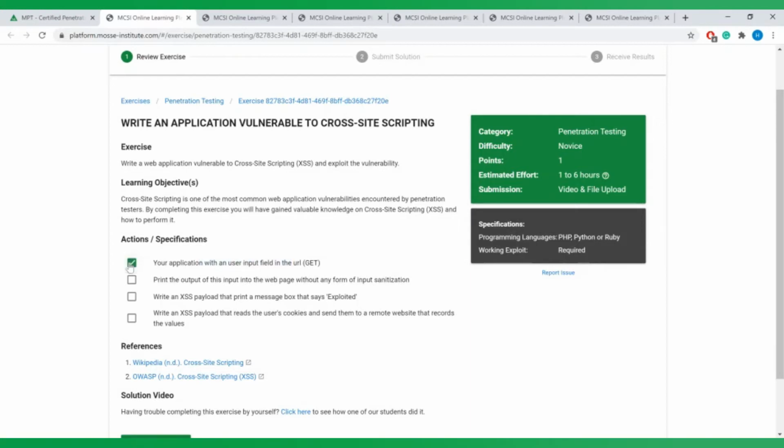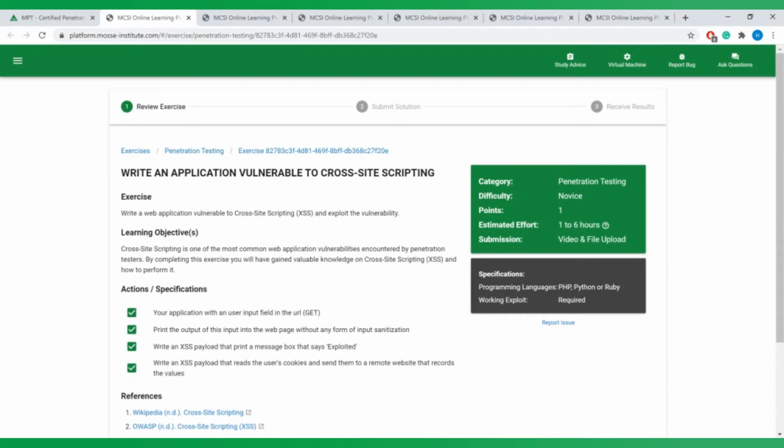Your application will have a user input field in the URL. You'll need to print the output of this input into the web page without any form of input sanitization. Then you'll need to write a cross-site scripting payload that can print a message box that says "exploited." And you'll need to write a cross-site scripting payload that reads the user's cookies and sends them to a remote website that records the values. Once you've done that, you'll submit the exercise to us. We've got a team of MCSI instructors who will review the exercise and provide manual, personalized feedback